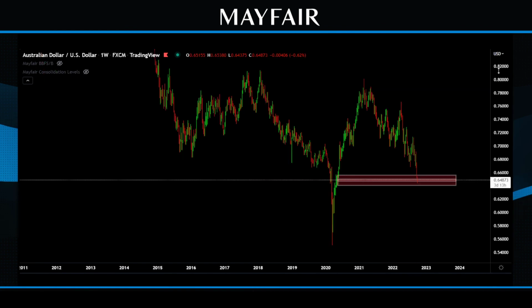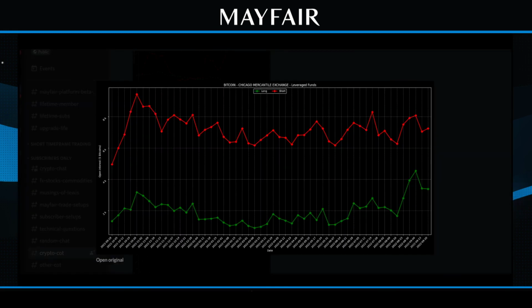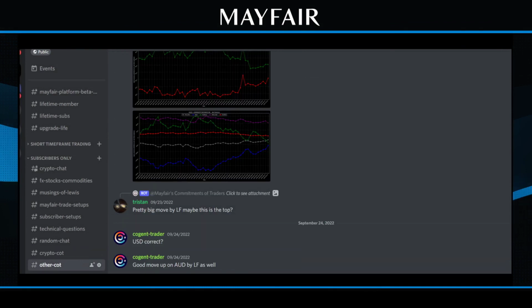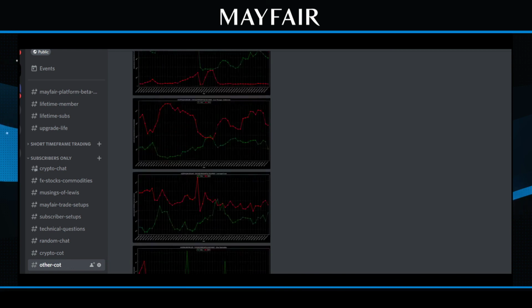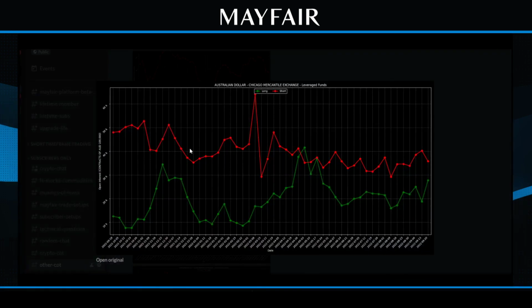Okay. So where we are in terms of a situation, let's come into the other COT, right? So this is the other COT. Now, in terms of the other COT, what I'm seeing on this at the moment, let's just go into the leverage funds. It's pretty similar. The sell off in terms of the short is a downtrend. The accumulation is ultimately an uptrend.